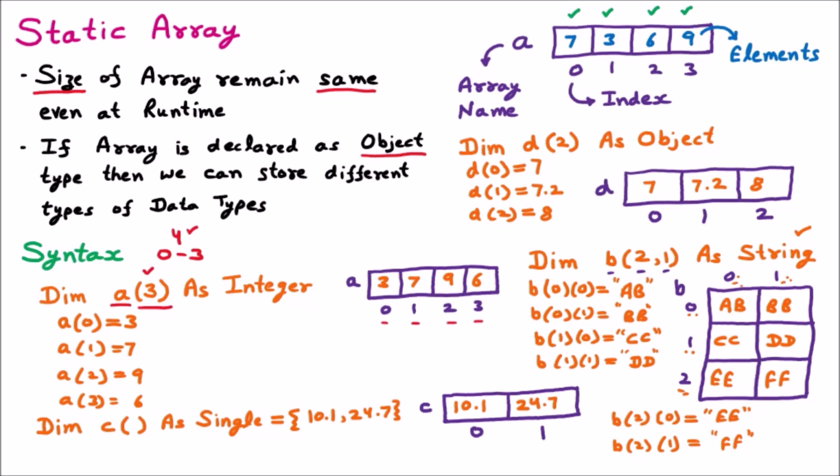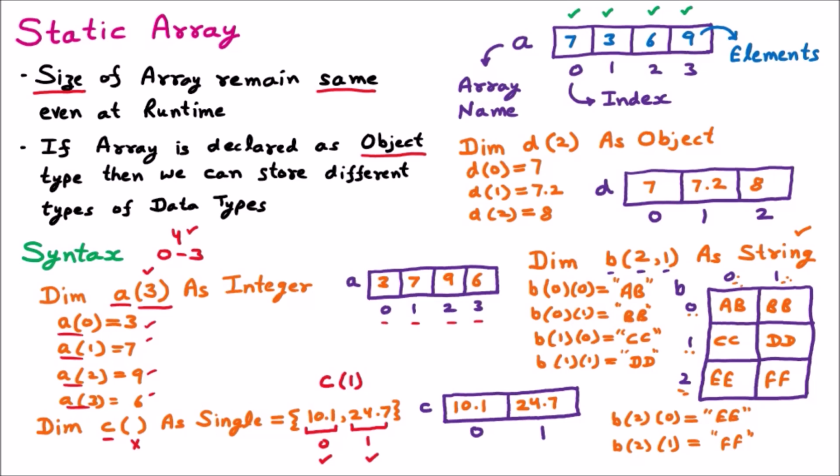Now one by one you can initialize, that is A0, A1, A2 and A3. Then you can define the values of this array. There is another option of static array where you do not give the size, but you give the number of elements. If you are mentioning the number of elements, we know that the elements here are 0 and 1. So 2 places, that means automatically .NET will define it. This is also part of the static array, because here we have mentioned that these elements will come. If you are not mentioning the elements, then it can be part of a dynamic array, but if you are mentioning the elements, then it will be part of a static array.